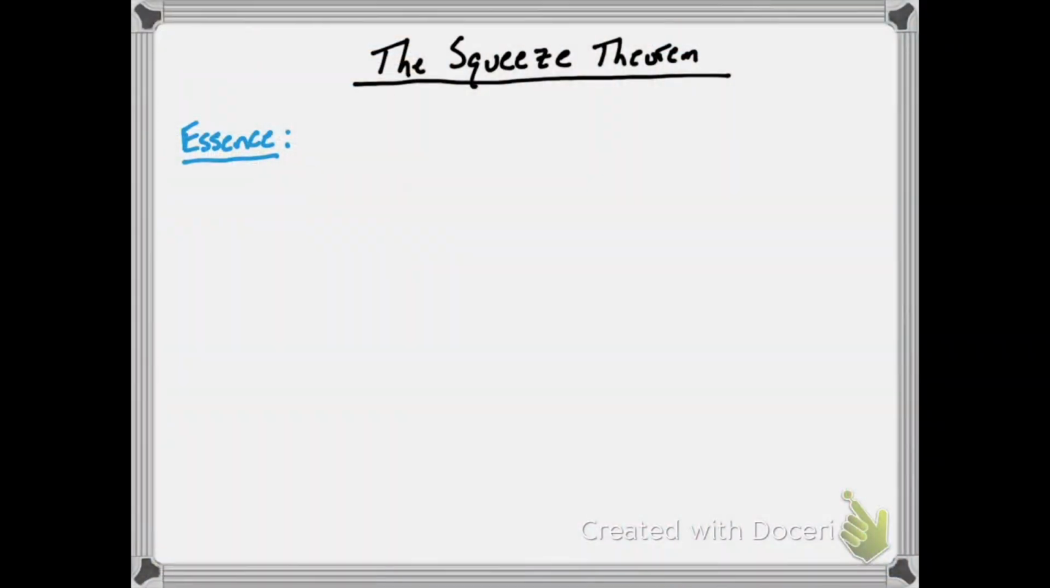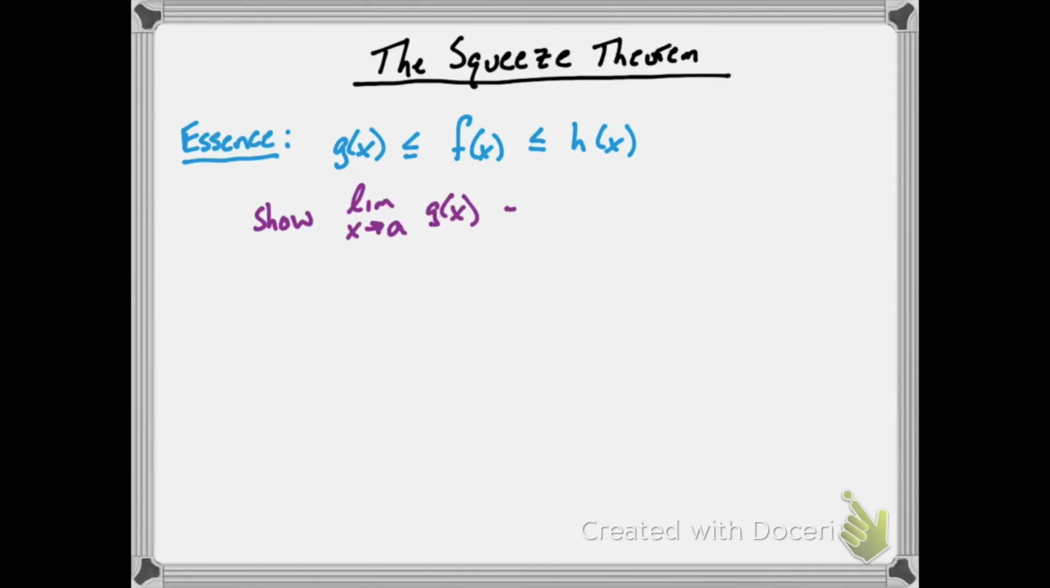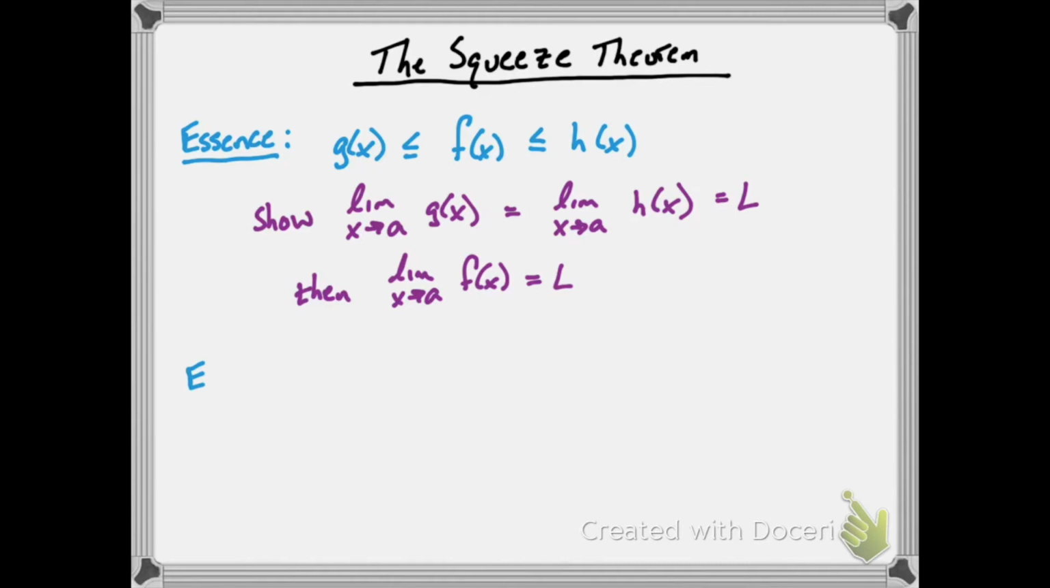The squeeze theorem says, in essence, that if we start with a function f of x and we know for sure that it's less than or equal to another function h of x, and also greater than or equal to a different function g of x, then if we're able to show that the limit as x approaches a of g of x is equal to the limit as x approaches a of h of x, then this function that's in between the other two has to be squeezed into the same limit. So we can say the limit as x approaches a of f of x also has to equal the same